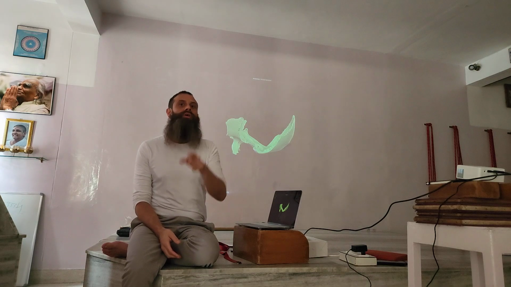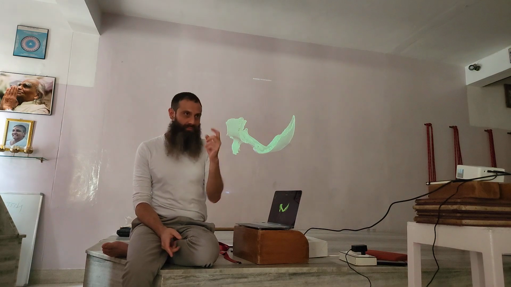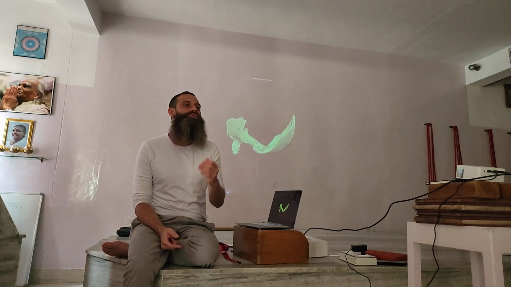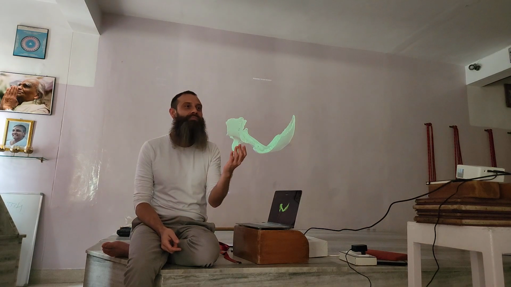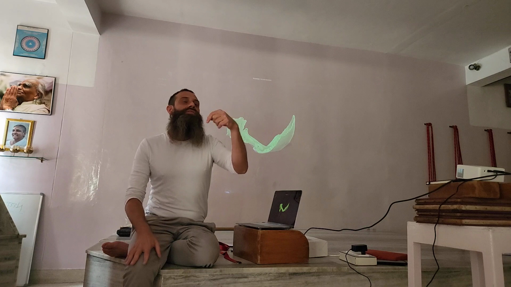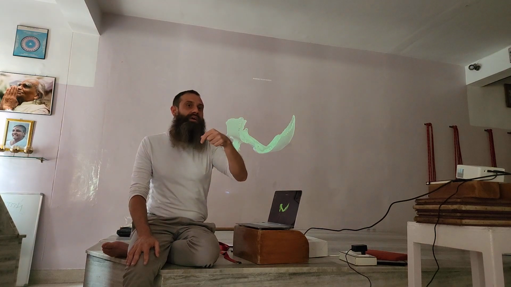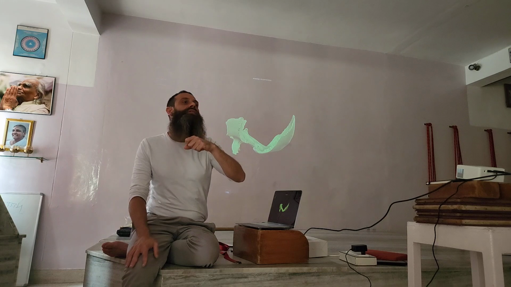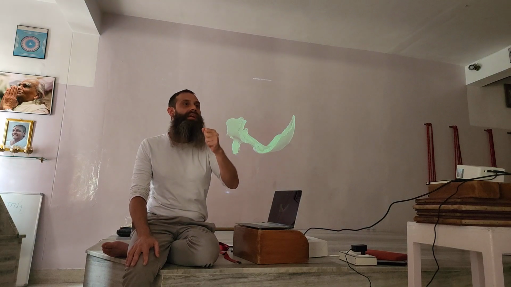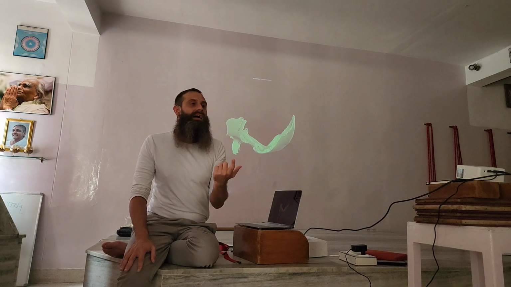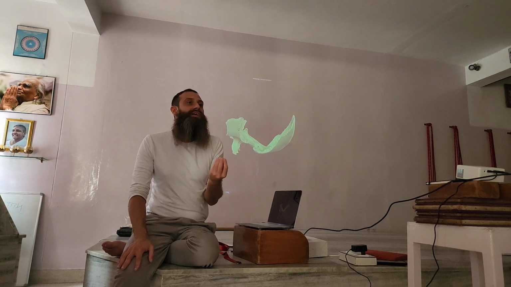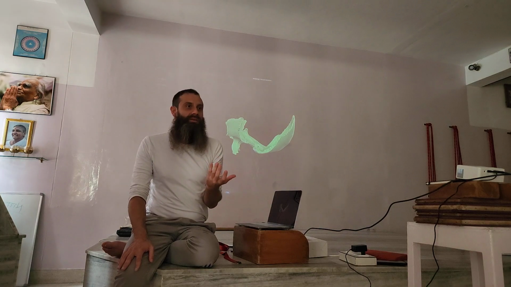The root is that the muscles of the legs are not holding the body.